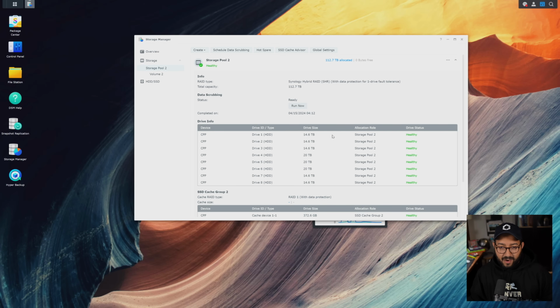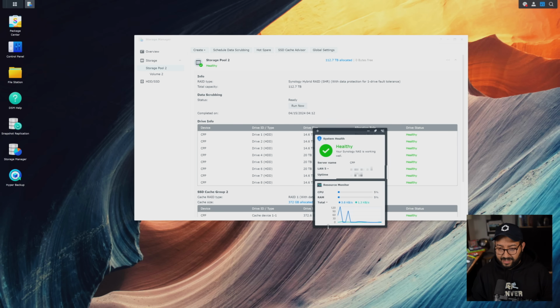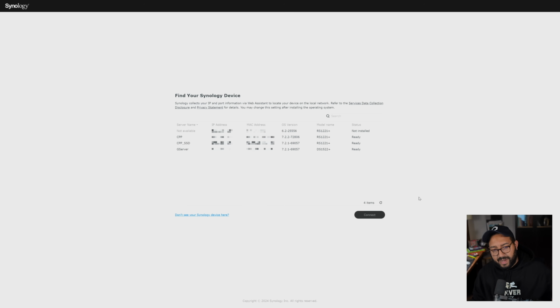and we should be good to go. The big thing now is I need to get back to my 10 gig connection, and I need to change my IP to line up with what I used to have before. So I'm going to switch this over, and hopefully I can pull things up via my 10 gig connection. Okay, so now I switched my Ethernet back over, and now I'm back at findmysynology.com, and I see it right